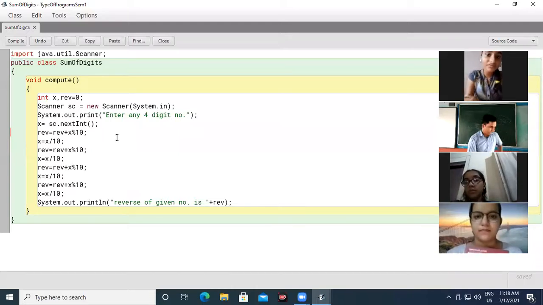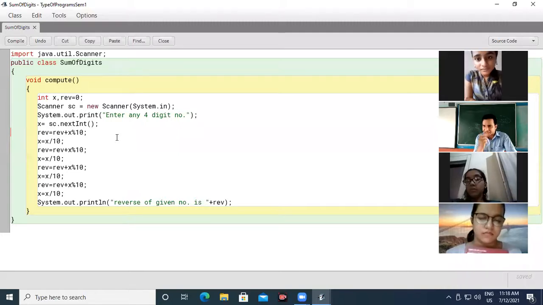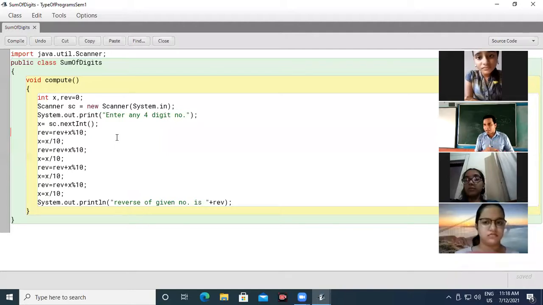Let me clear one thing for you. If the user enters any value, that is considered as a string. Using this nextInt, nextDouble, we convert that particular value into a different data type according to our requirement. In a few methods we require a double kind of value, so we write nextDouble, and it will convert that string into double.